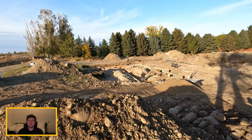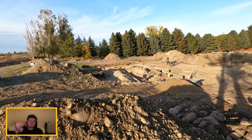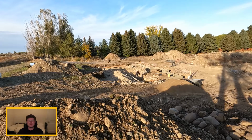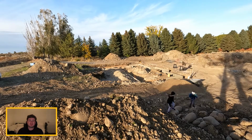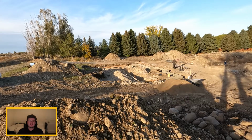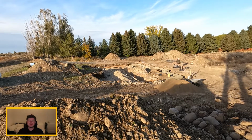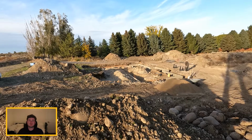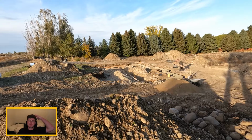We need to add insulation on the slab side of the foundation footing, or the foundation stem wall, sorry. And then we can do the under slab insulation and the under slab plumbing inspections together. And then once that is done, we can start the slab prep, which is going to involve bringing in quite